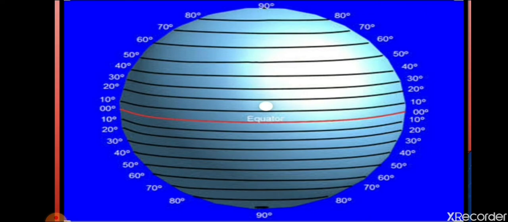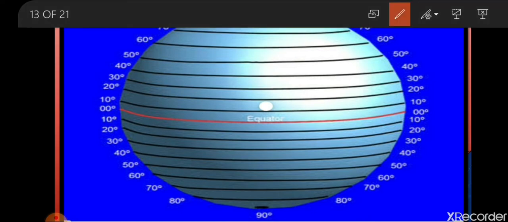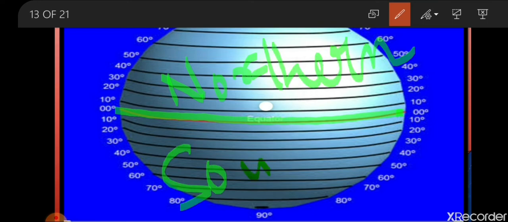We will learn that the longest line is this one. Equator is the longest line of latitude. I will explain what the equator is further. The 0 degree line is the equator. The middle line is the equator that divides our earth into two equal halves. This one is the northern hemisphere, and this one is the southern hemisphere. And this line is the line of the equator, at 0 degree latitude.